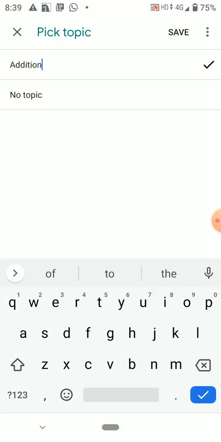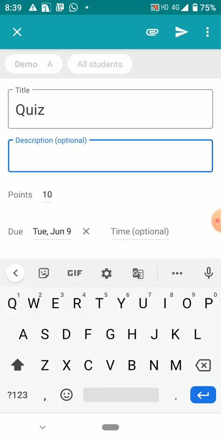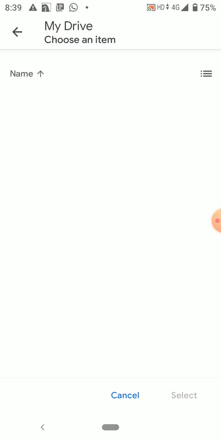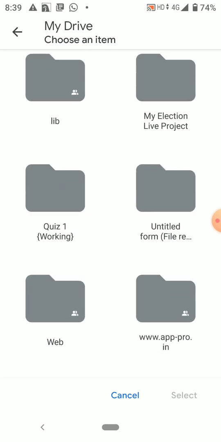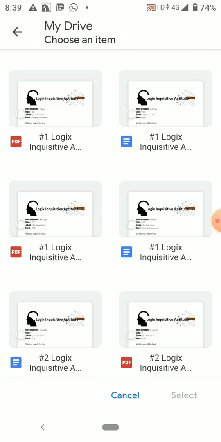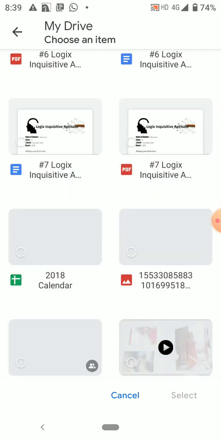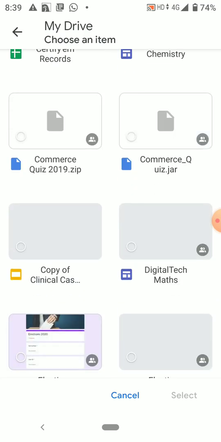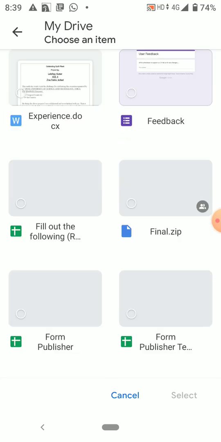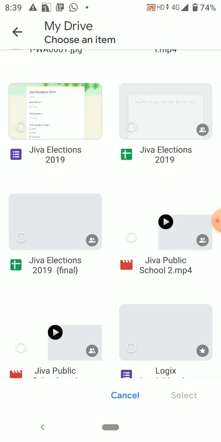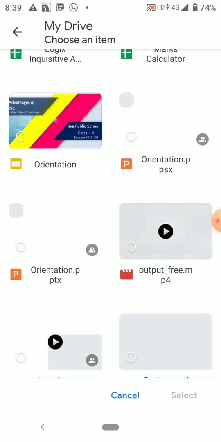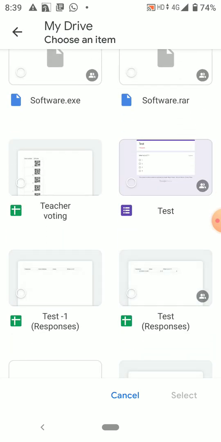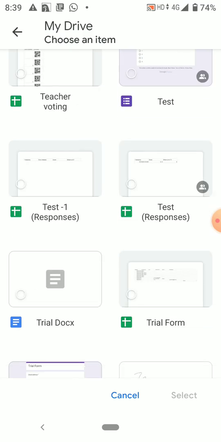addition, save. Now to attach my form, click on this drive, my drive, then search for the test that you have created. I have named it test 1, so I'll be searching test 1. My drive has a lot of stuff, so I might feel difficulty, but you should not.